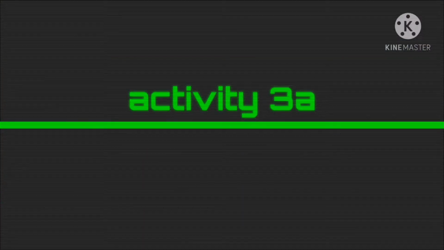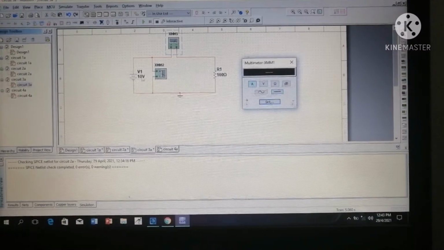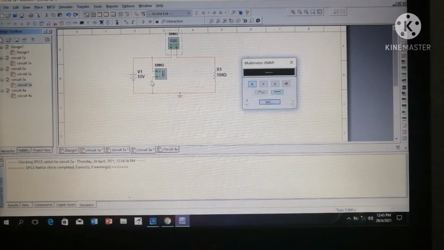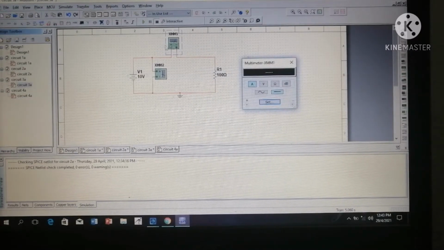2A. Okay, so for the activity 3, still the DC voltage supply. This use the DC voltage supply, that is 10 volt, and we got the resistor and 2 multimeter. So for the activity 3, we only want the value of the current in this position. Don't forget to change the ammeter resistance to 15.5 as the instruction on the lab sheet. After that we just run the simulation, and then we will get 89.5 milliampere for the